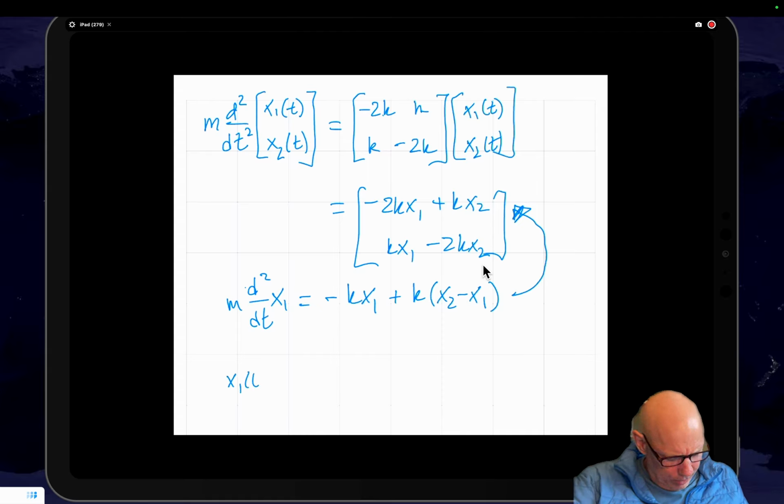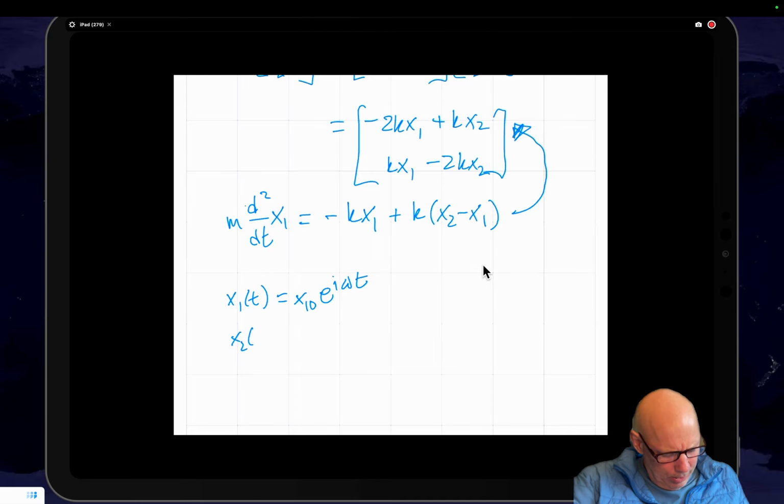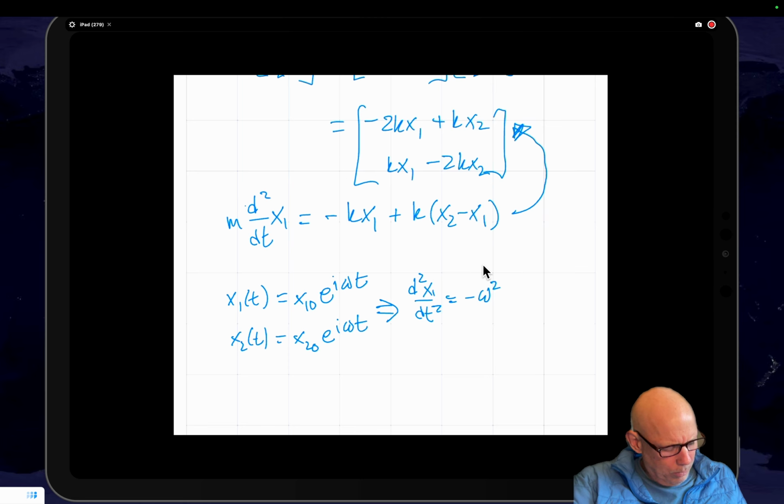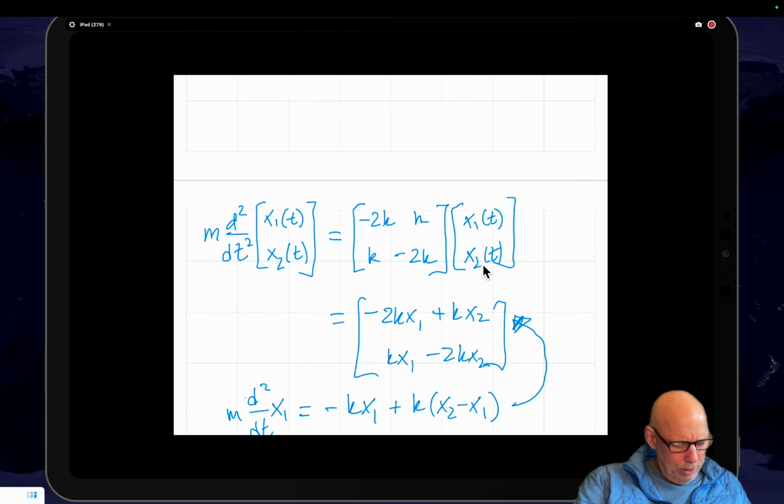So x1 of t is equal to x1 naught e to the i omega t, and x2 of t is x2 naught e to the i omega t. I note that the second derivative of these is going to bring down a minus omega squared, and give us back x1 naught e to the i omega t. And so if I substitute this trial solution